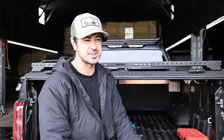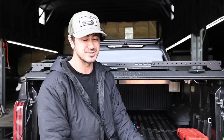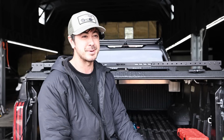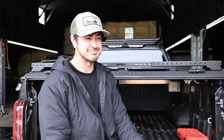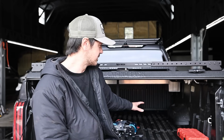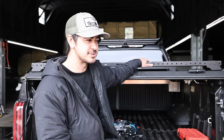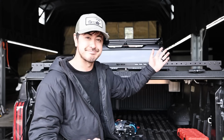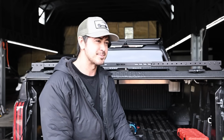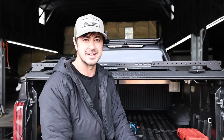I'm building the truck that I've always wanted. I was even thinking about flatbedding it. I think flatbeds look so sick. Always wanted one. One day I think I'll still have a flatbed, but for now it doesn't make any sense. Truck bed, enclosed, weatherproof, sealed, big storage, still able to put stuff on top. It makes sense. I think they look sick. So anyway, that's been my journey that I've been going through in my mind over the last couple